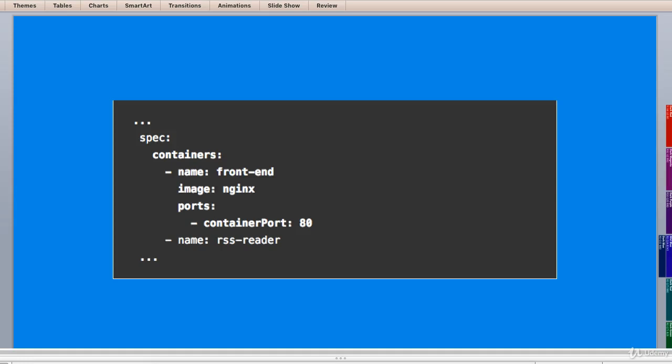You can also specify even deeper information such as the location of the container's exit log, etc. So here are the properties you can set for a container, just to keep at the top of your mind: name, image, command, arguments, working directory, ports, resources, volume mounts, liveness probe, readiness probe, lifecycle, termination message path, image pull policy, security context, and so on.